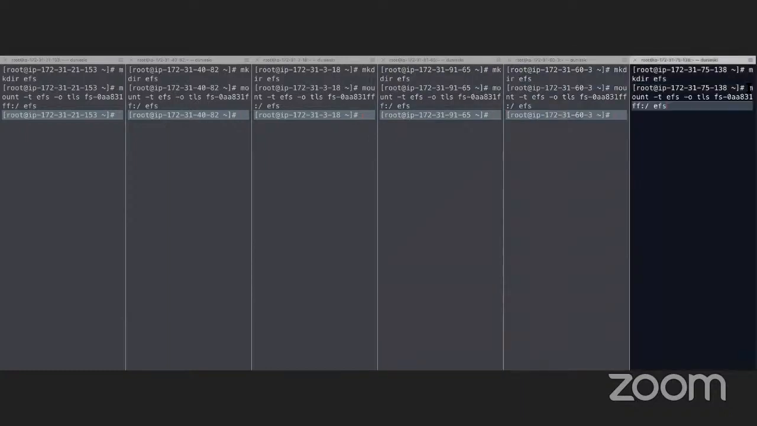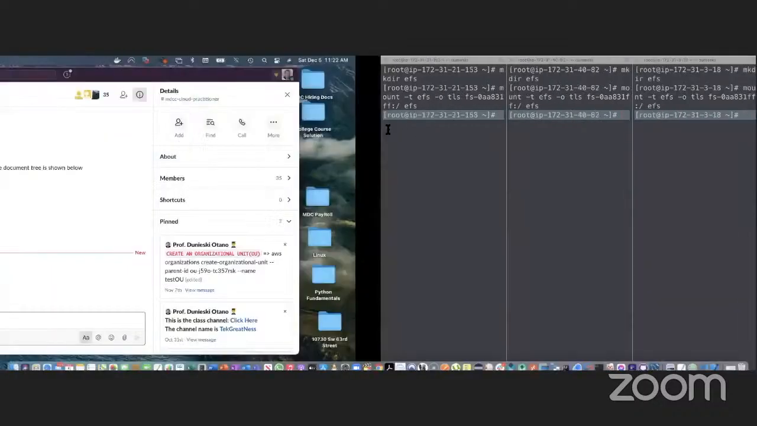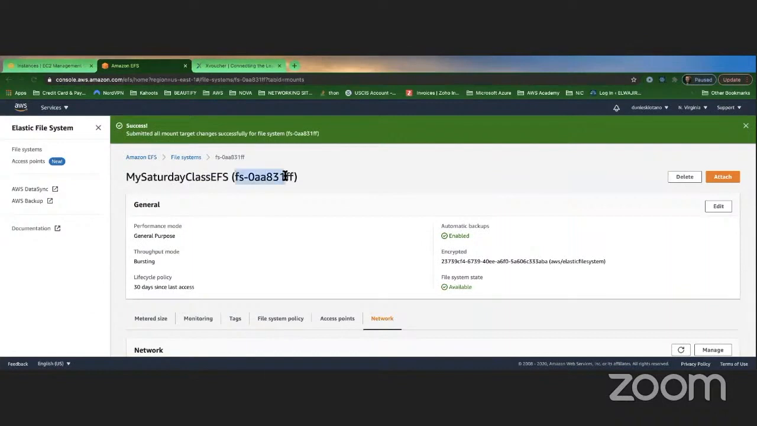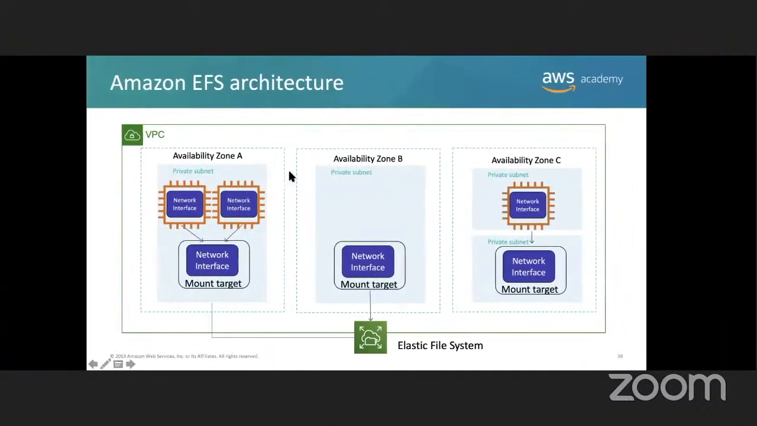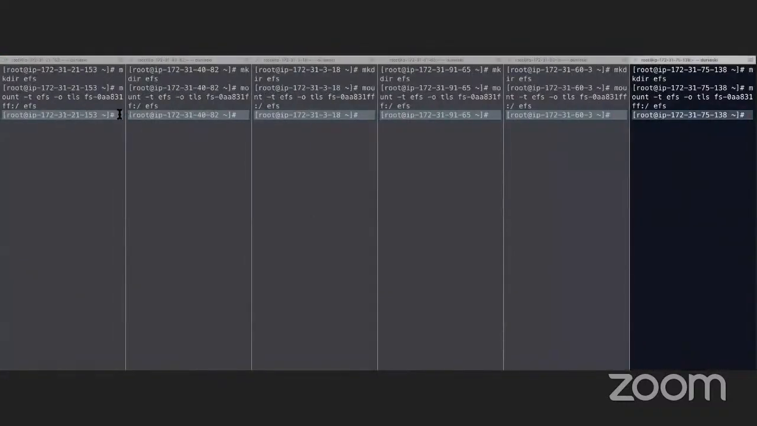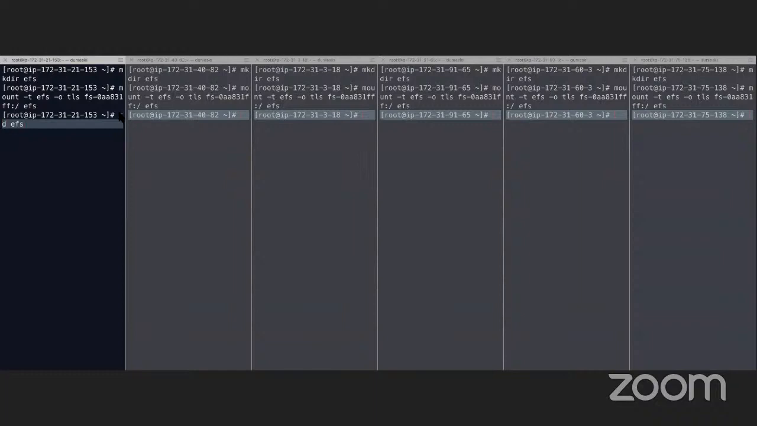So here, mount, using the mount command. Okay, we're mounting the file system, which is FS0AA831, in that folder, in that target. It's right here. This is the ID of the file system. If you take a look here, we're just mounting in that target. We put it there. Now, if I just go to that folder,